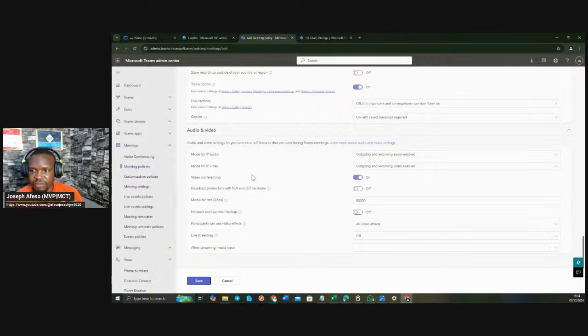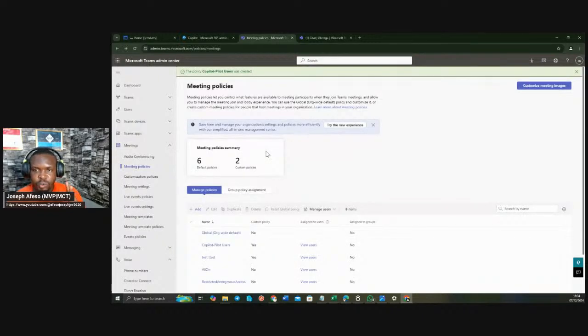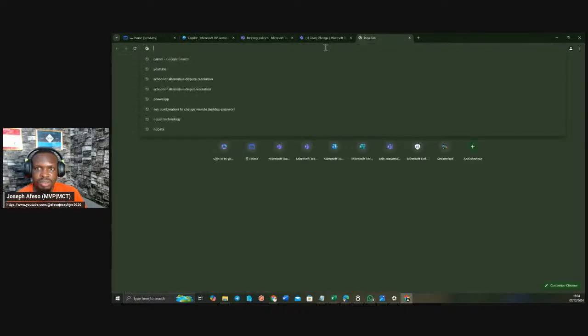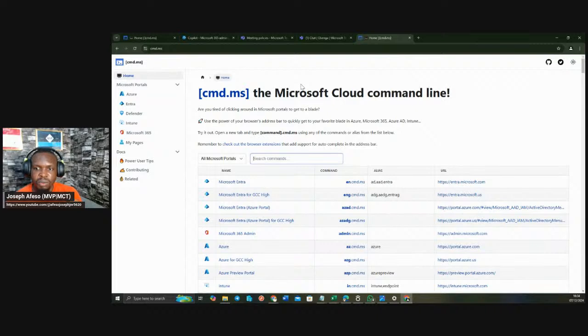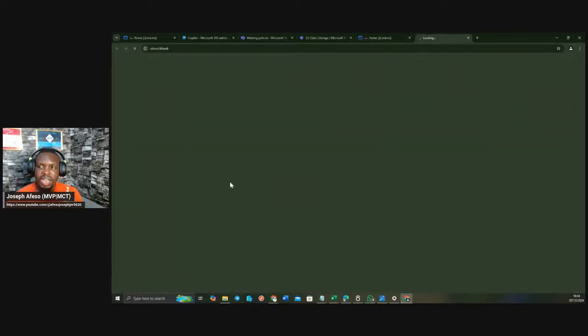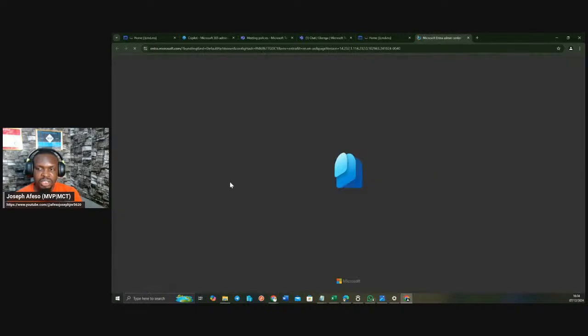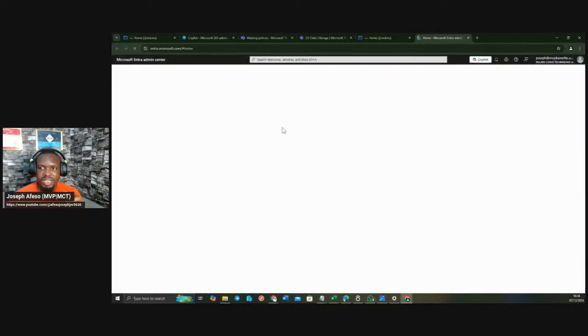If I click on save now, what's going to happen is that I have two policies. One policy is for one-on-one calling. The second policy is the meeting policy, right? So I want to come to this place, and I will do cmd.ms. What I want to do is go to the Entra Admin Center. And what do I want to do at the Entra Admin Center? I want to create a group for those users who Copilot will be assigned to. This time I'm creating a security group, and the security group is going to have